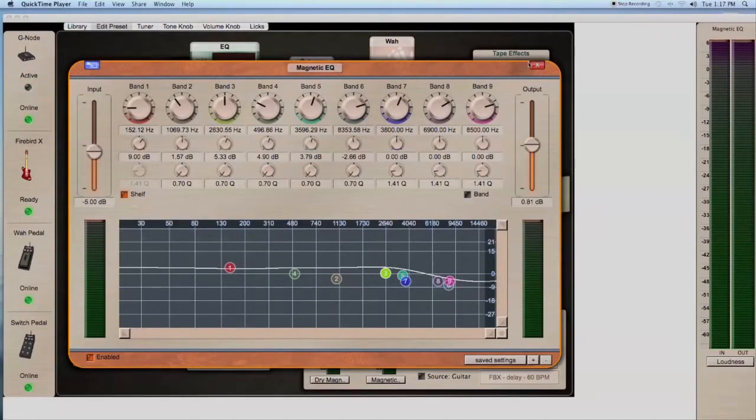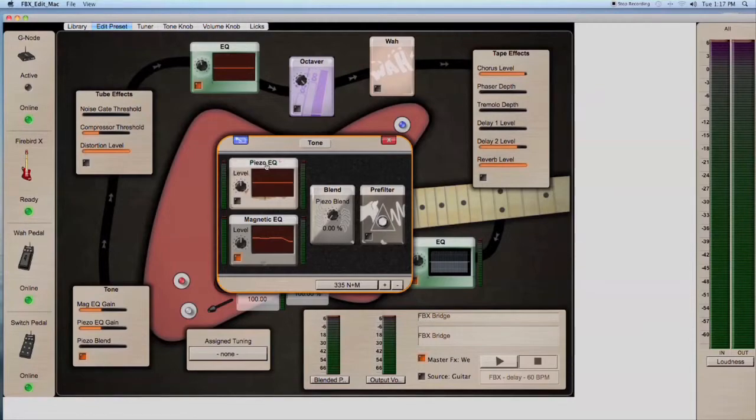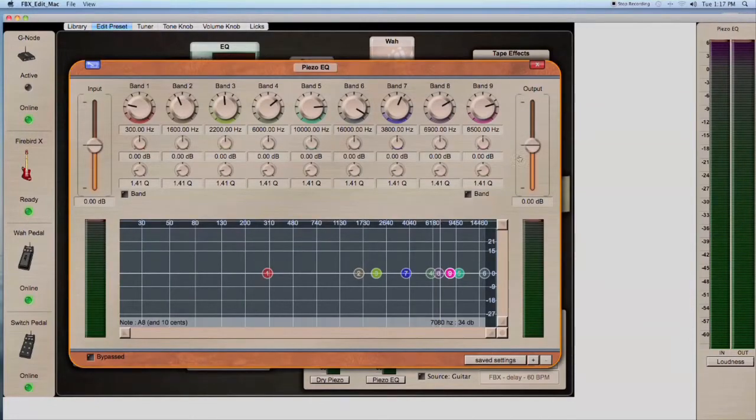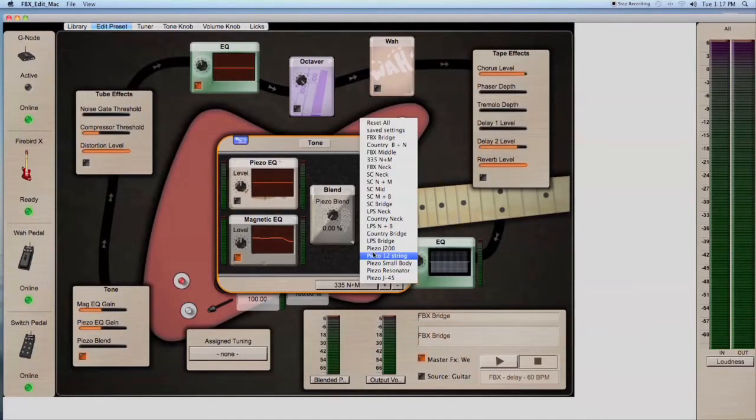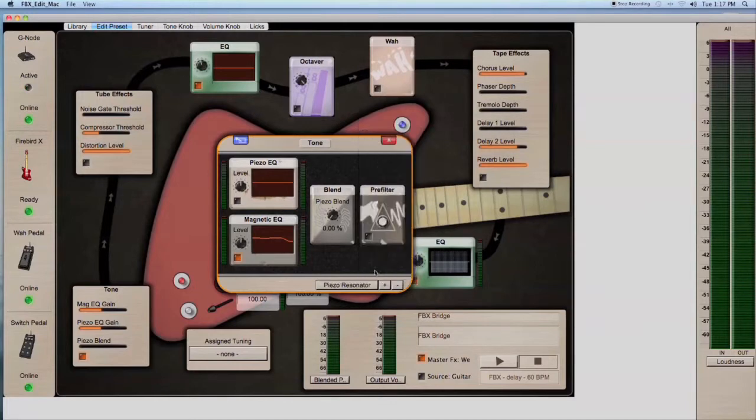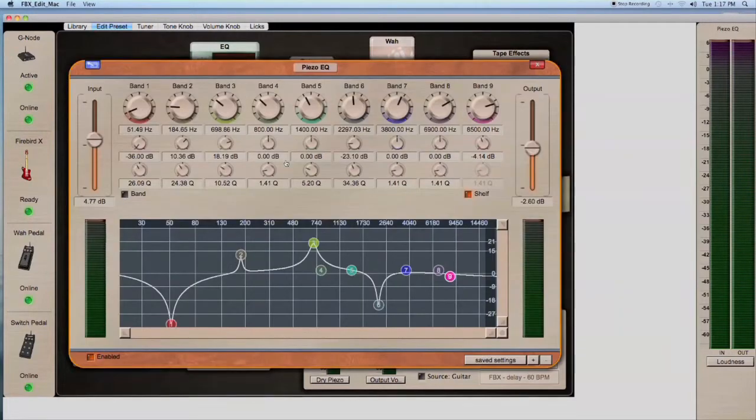Okay, next we're going to close that out, and you can also see there's a piezo EQ in here too. And let's go back and look at some of the piezo settings we got, some of the crazier ones. Remember, we're not digitally modeling any of this stuff. It's all done using analog pickups to start and these EQs to shape the tone. Let's go to the resonator. So you can see this is some pretty extreme EQ that we've done using the 9-band piezo EQ to get